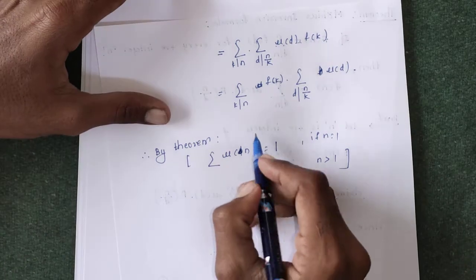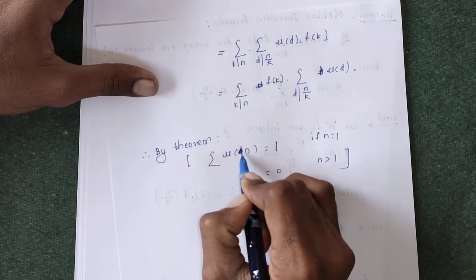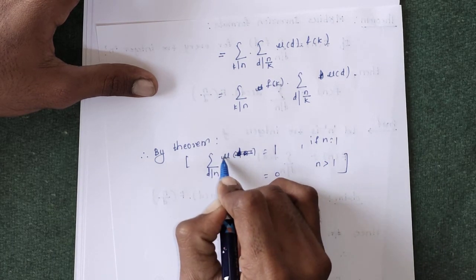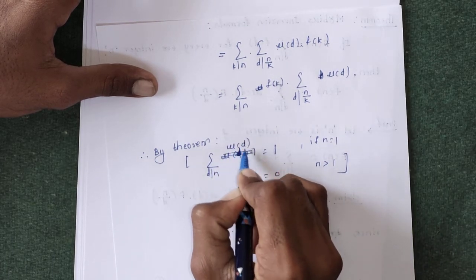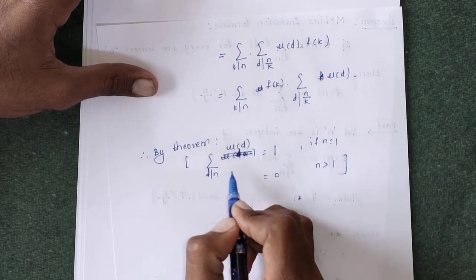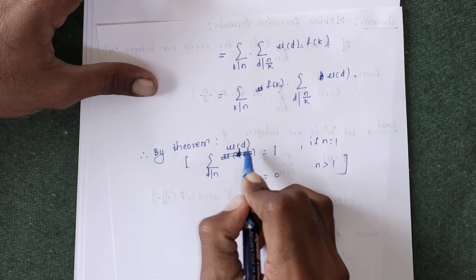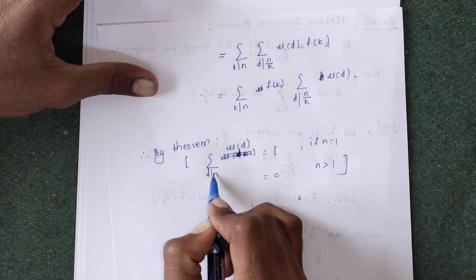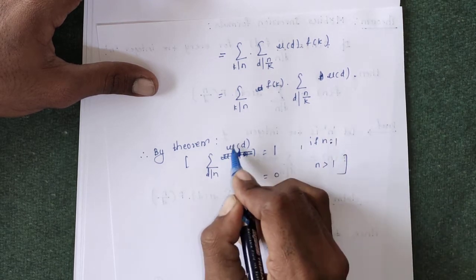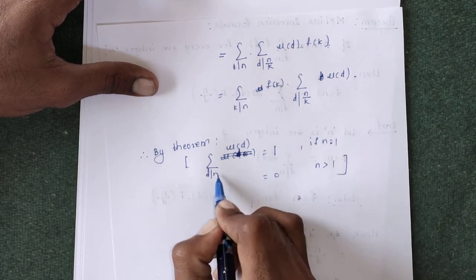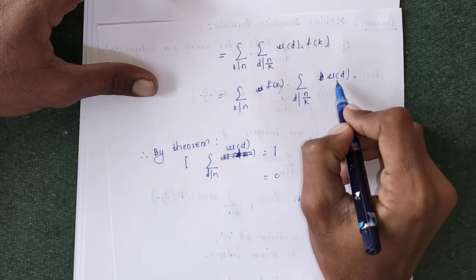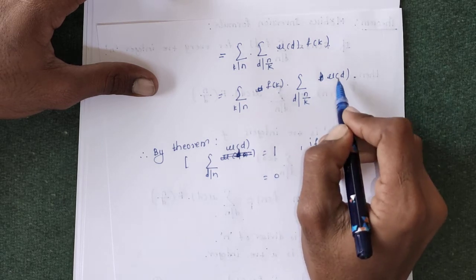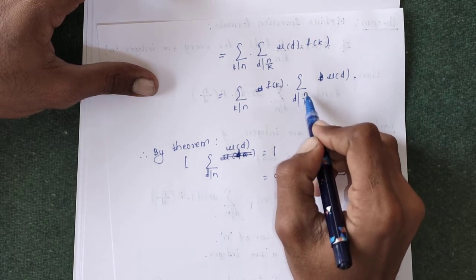Just a moment. The previous theorem was the summation of mu of d, where d divides n. The theorem was that the summation of mu of d is equal to 1 or 0, where d is a divisor of n. Now, if n is equal to 1, then our answer is the summation of mu of d is equal to 1, and if n is greater than 1, then the answer is 0. So here the sum of mu of d will become 0 when n by k is greater than 1, and will become 1 whenever n by k is equal to 1.